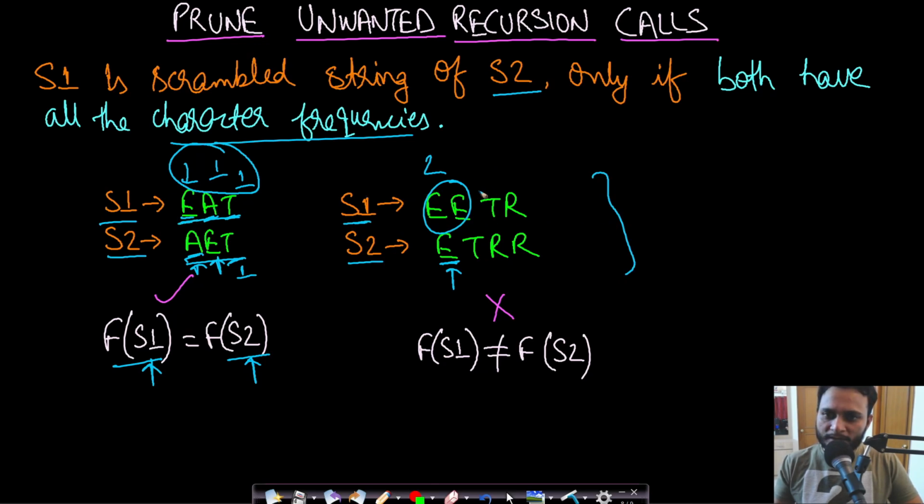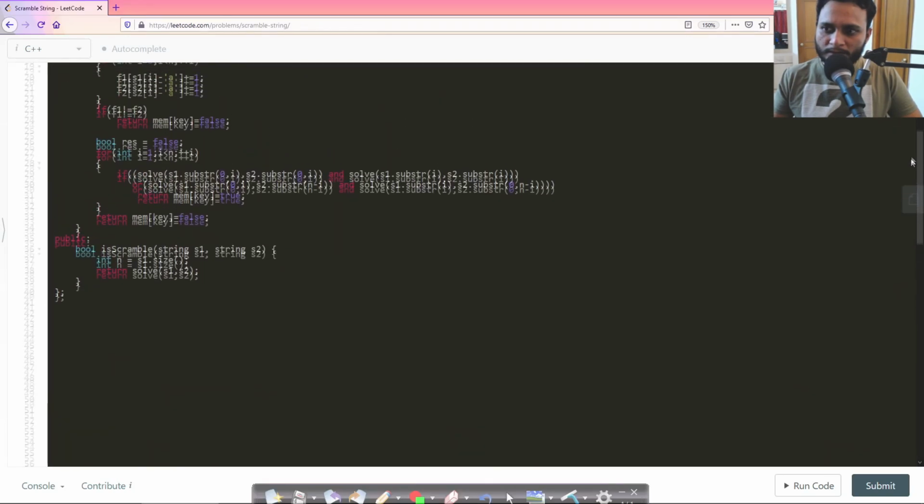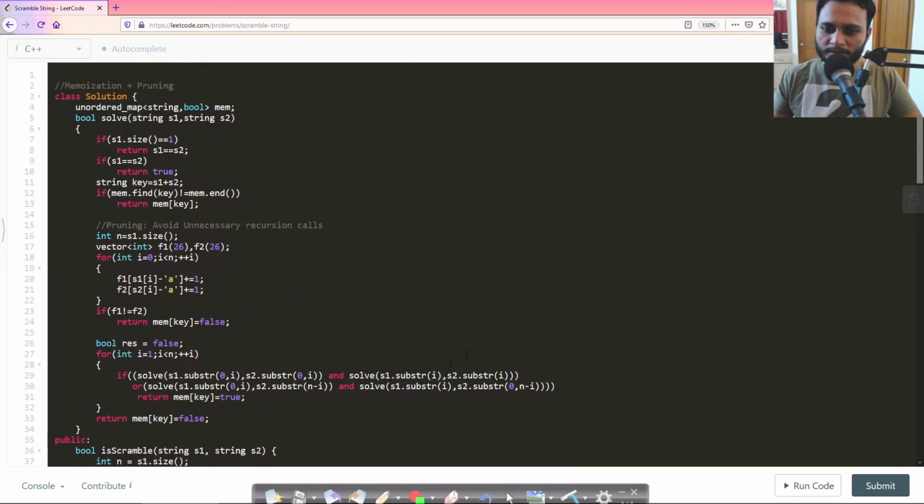All the unique characters should have the same frequency, and only then can we check whether they are scramble strings or not. So we can apply this and prune the unnecessary calls. This is nothing but memoization plus pruning. Pruning is nothing but removing the unnecessary recursion calls.